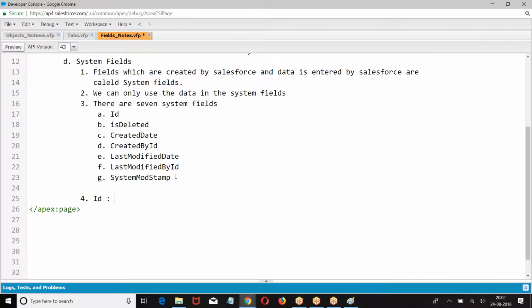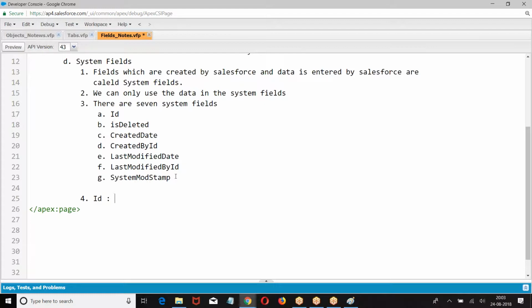This 15 character ID is case sensitive. To avoid this case sensitivity, they have added 3 more characters, made it 18, which is case insensitive. Generally, we will be using this 18 character ID.